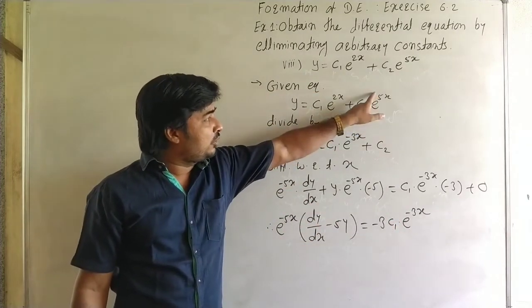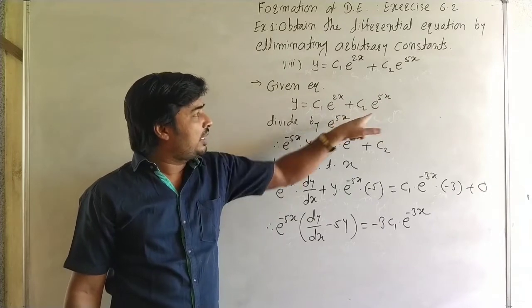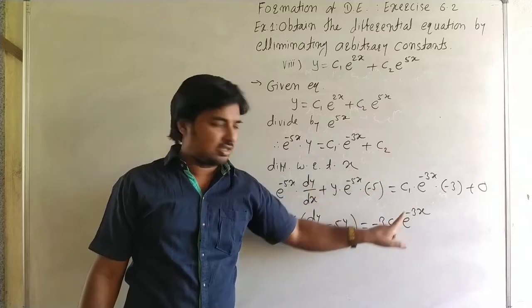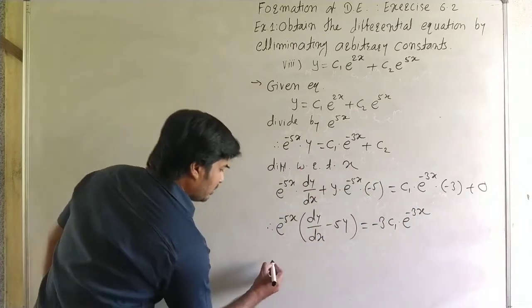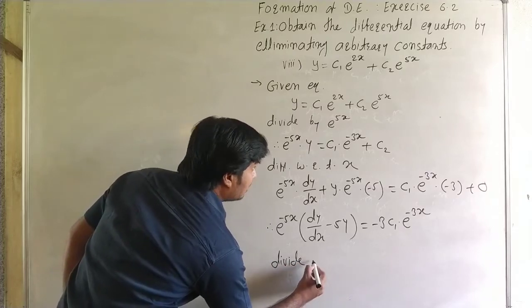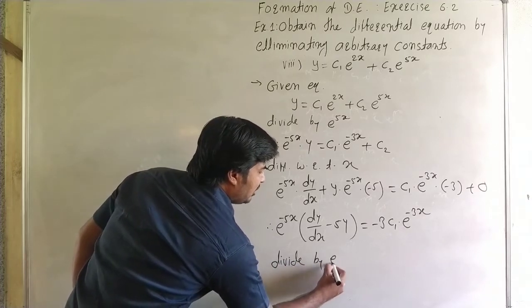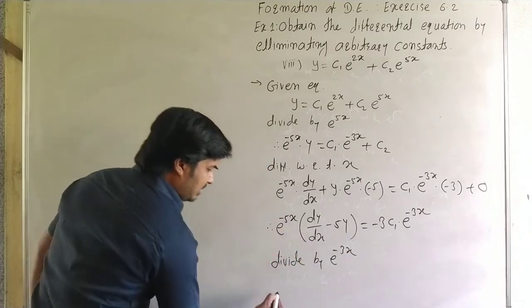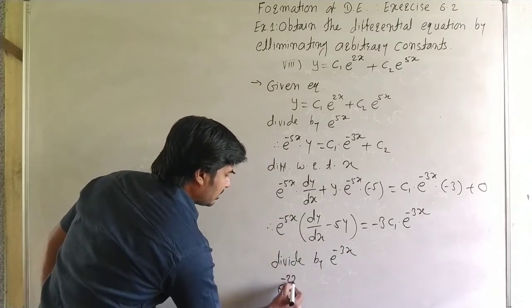Here we divide by e to the power 5x, then c2 is alone. Here we divide by e to the power 3x, then c1 is alone. Now first divide by e to the power minus 3x. When we divide by e to the power minus 3x, here we get e to the power minus 2x,